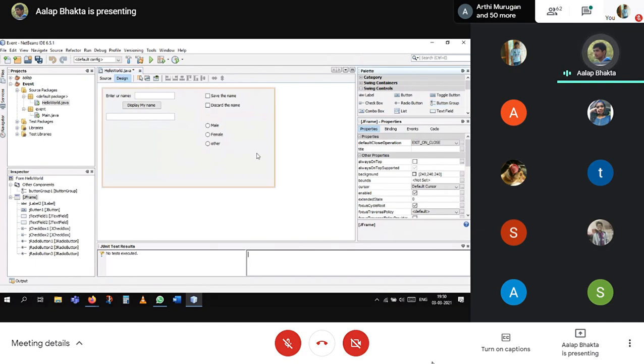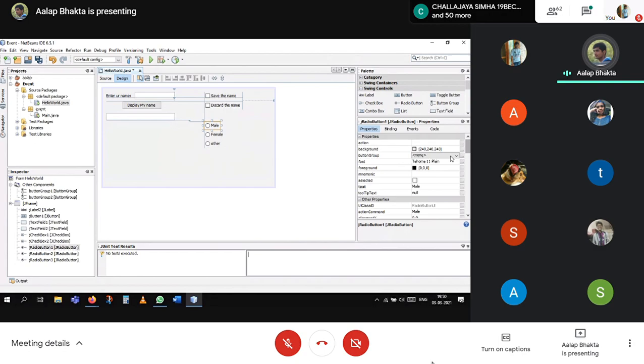One button group is already over here. If you want another, you can't keep these in the one single button group, because then from all of them you could choose only one. So save, discard, male, female, other would be only one whole group. So drag and drop another button group.